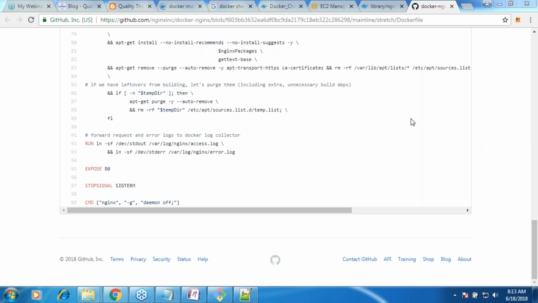Let me scroll down and see. In Docker, I have pulled one application, but it doesn't include. Is there any way to identify the status of the application? Okay, so not covered in this classroom, but I'll tell you what it is. I gave the example of Hello World and the example of Nginx. Whenever you are running your application, it might be short-lived because of the nature of how you have written the image. But if you want to really understand the reason for your failure, there is a command called docker logs. Docker logs, and give the name of the container or container ID. Then you will come to know what has happened.